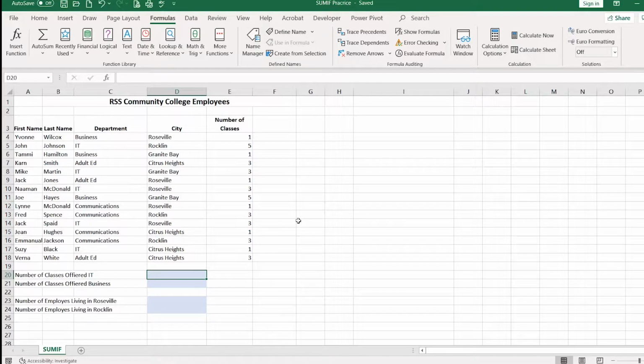In this video, I will demonstrate how to use the SUMIF function. We use the SUMIF function when we want to sum a range based on a criteria. For example, in this worksheet, I may want to determine the number of classes that are currently offered through a